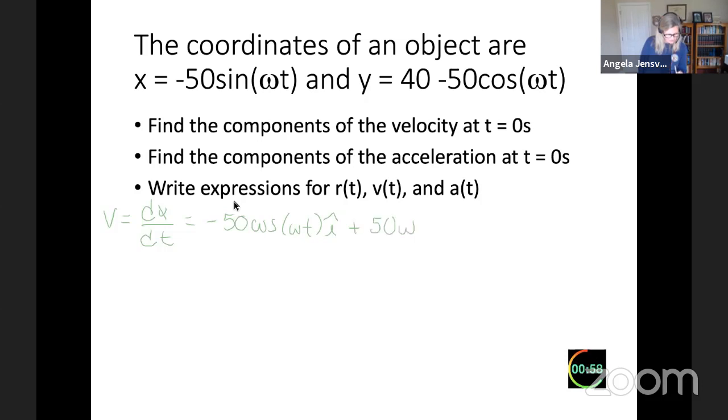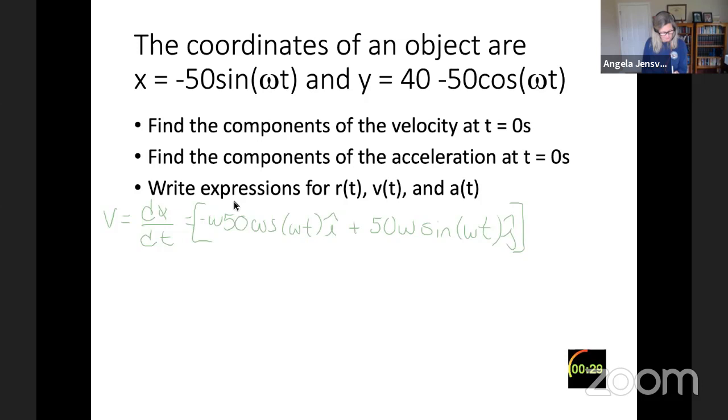I forgot an omega there. Could I squeeze in an omega? I think I have room, if I erase this negative and put a tiny little negative and an omega there. Okay, great, saved. So this is your velocity